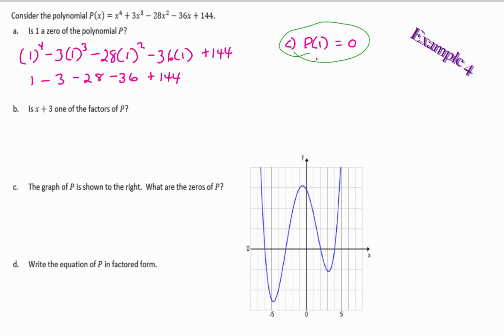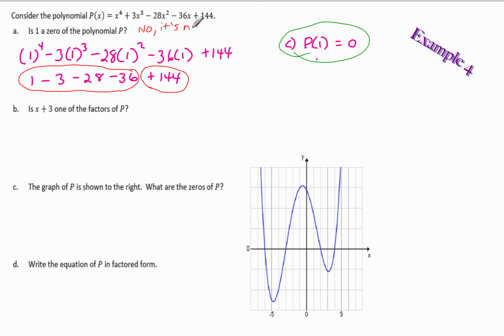I kind of think you can see by right now that 1 is not a root. This is where we want you to be powerful in your estimating. I need 144, I have 144 here, so that means all of this has to be a negative 144 in order for them to cancel out. And I think you can see 1 plus 3 is 4, minus 28 is negative 24, minus 36 is negative 60. This is not going to equal negative 144. So is 1 a 0 of this polynomial? No,